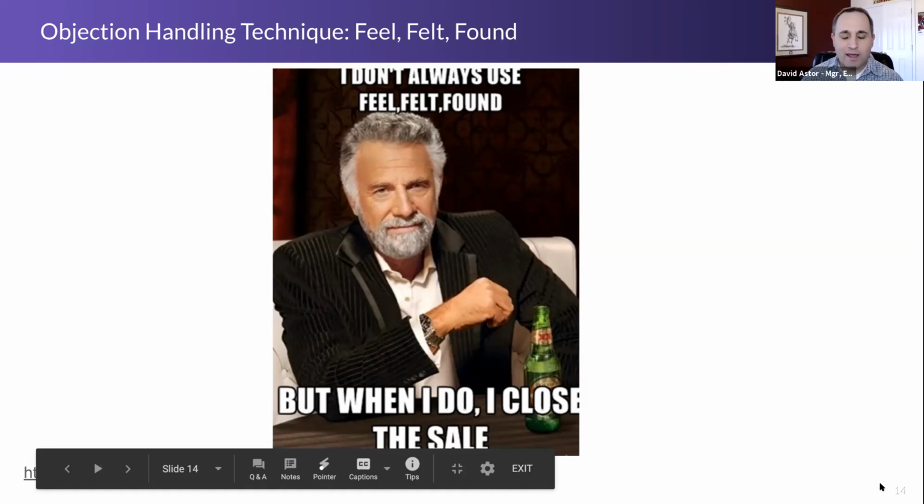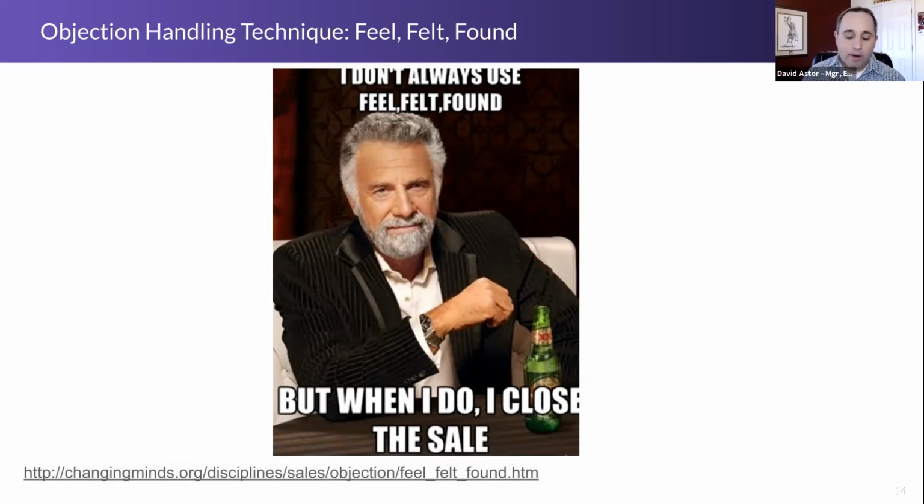Now, I mentioned this one because it's a decent one and it can be utilized in the right way, but it's important to know that when you're doing the actual objection here, when you're saying the found part, if you will, you want to make sure that you're comparing apples to apples, right? I knew that Tanuki Tech, this group we're talking to, is part of the media arm. We talked about that earlier when I gave the setup. They're part of the media arm. So the Ticketmaster one hopefully would resonate with them. I wouldn't try to do something else that wouldn't resonate.